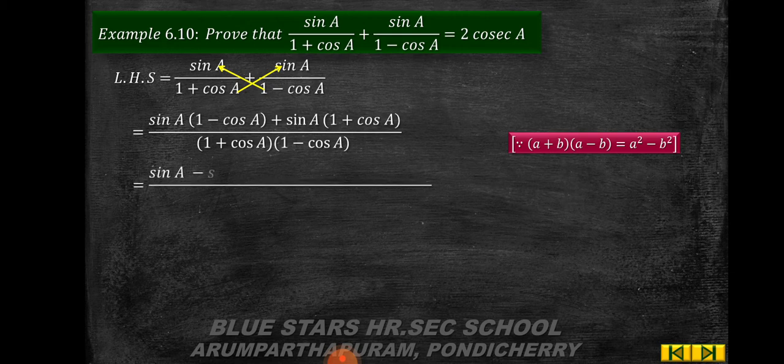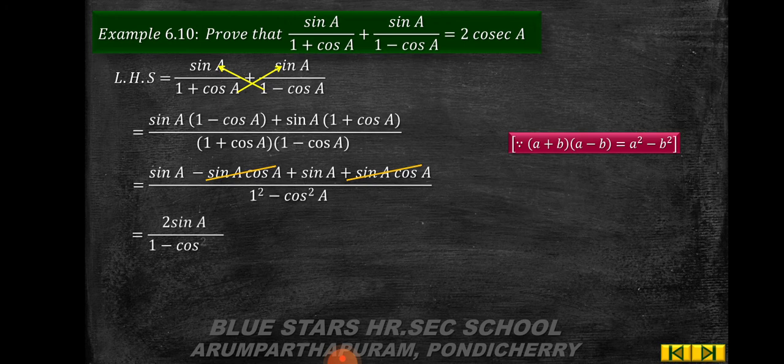You get sin A minus sin A into cos A. We just multiply sin A with 1 minus cos A. Similarly, sin A with 1 plus cos A. So plus sin A into cos A, divided by, here the value of A is 1 and the value of B is cos A. So A square is 1 square and B square is minus cos square A. Then cancelling sin A cos A minus sin A cos A, you get 2 sin A divided by 1 minus